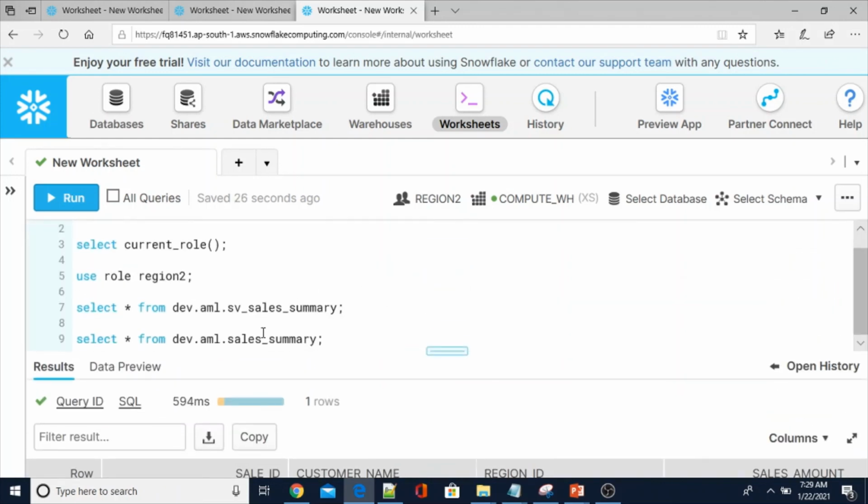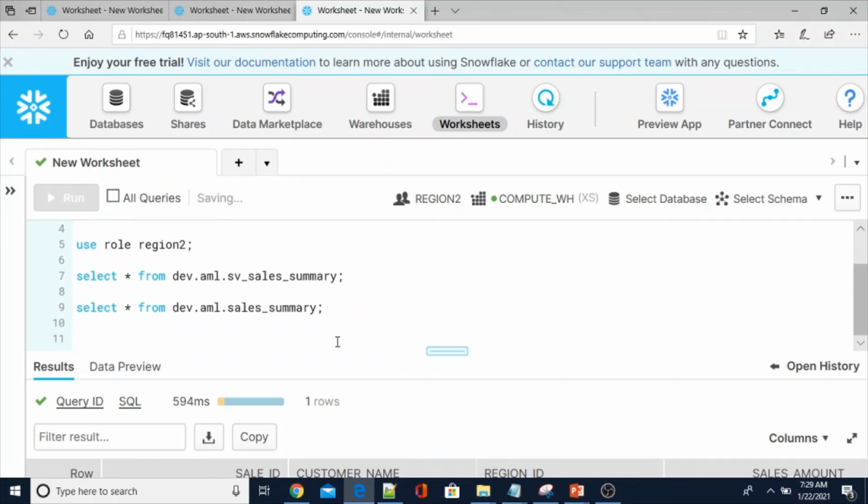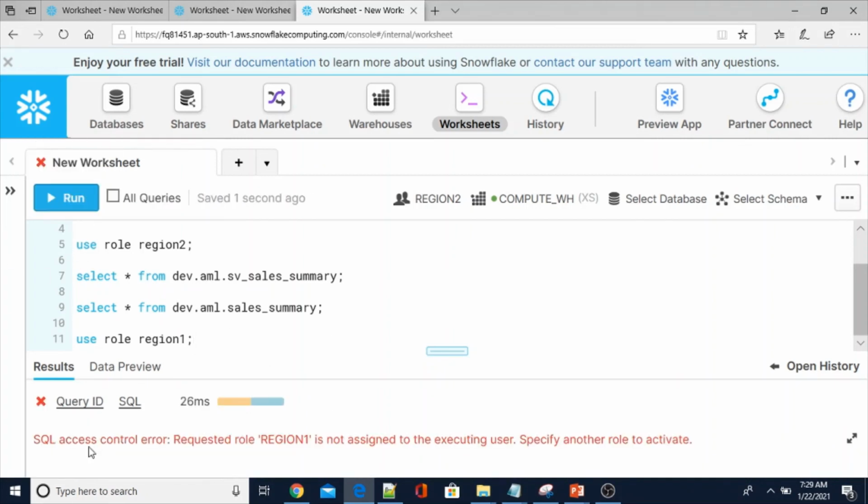And let me see, try to use role region 1. See, you will get the error: SQL access control error, requested role region 1 not assigned to executing user, because the executing user is user 2.